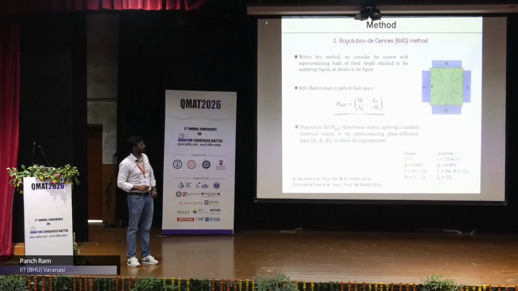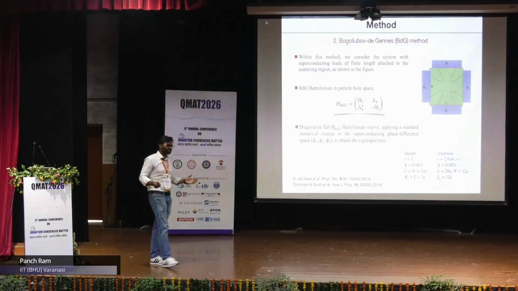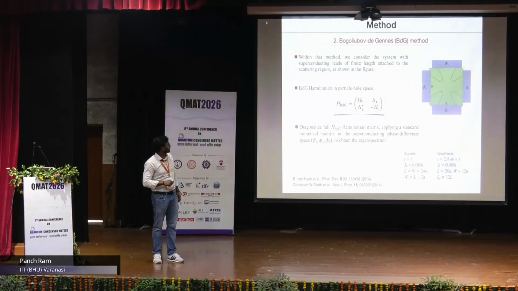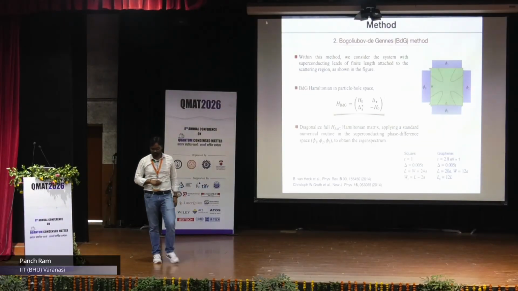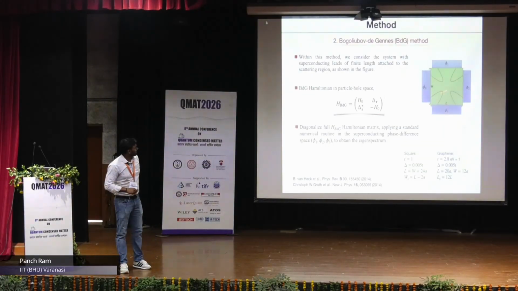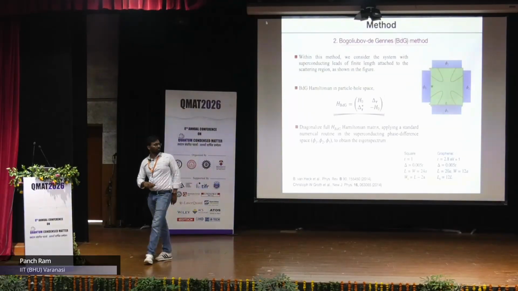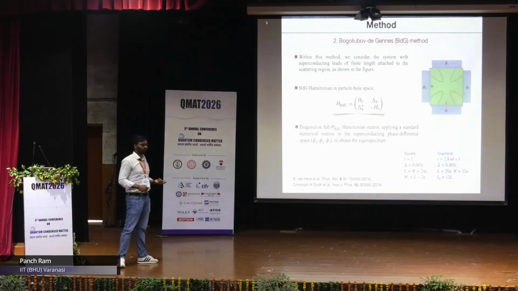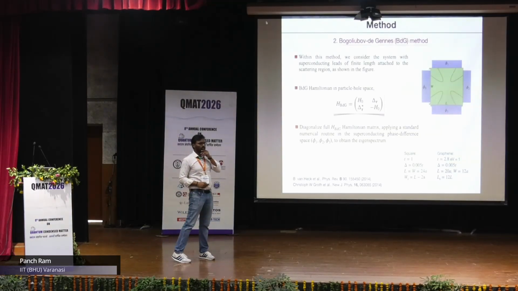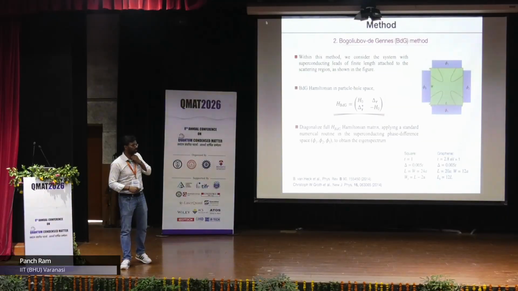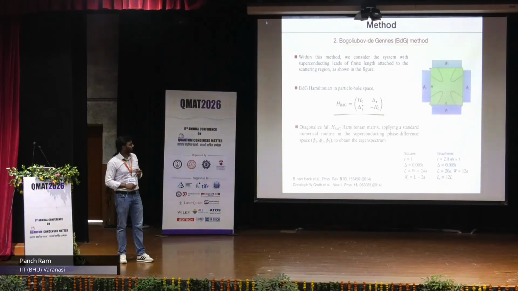very large superconductors on all four sides, but it's finite, and we directly write it in the Bogoliubov-de Gennes form, where this part is the electron particle part, this is the hole part, and they are coupled by the superconductor. And then we take the finite system and fully write the bilinear Hamiltonian, and we can always diagonalize it, at least numerically, to get the single particle energies. And once we get the single particle energy,